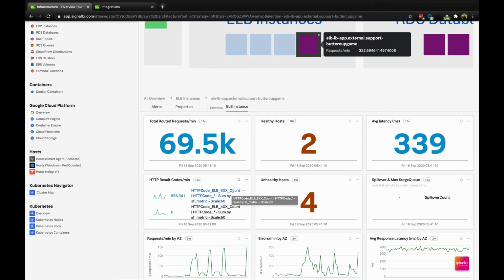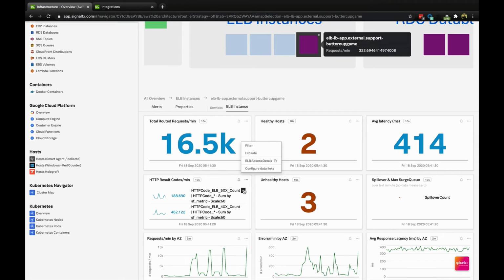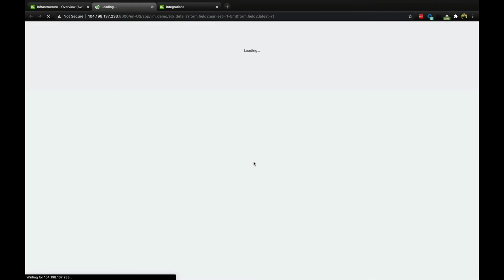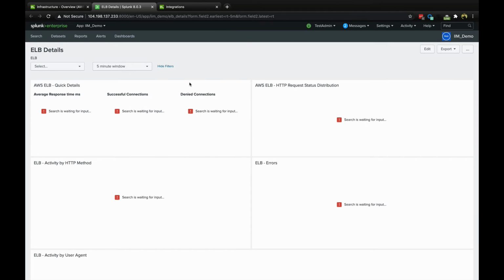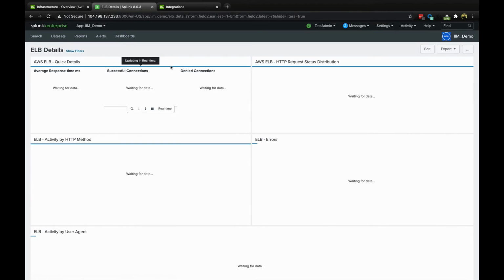I'm starting to see a ton of 500 errors, and there's errors in that AZ. Oh, this is not good. All right, so it's time for me to take a deep dive into this. Anytime that you see these three dots, that means that there's something additional that can be done or discovered. And so in this case, we're going to look at these details and quickly go directly into the logs of